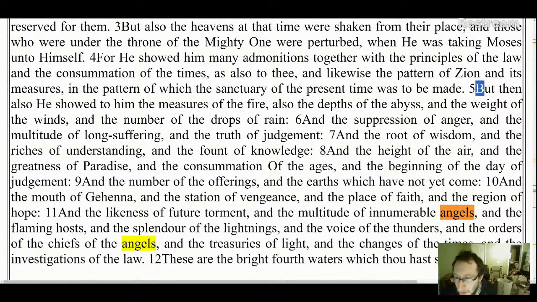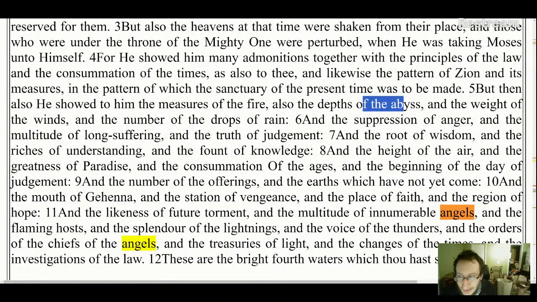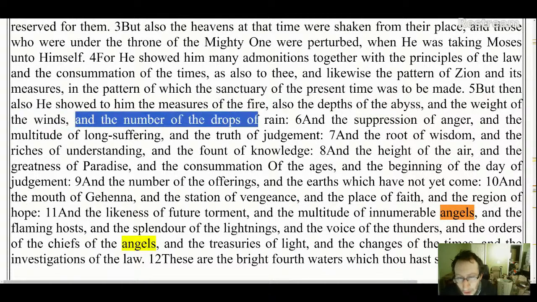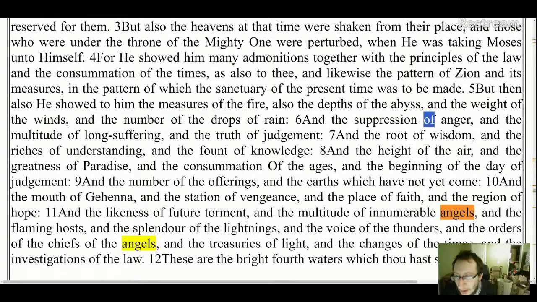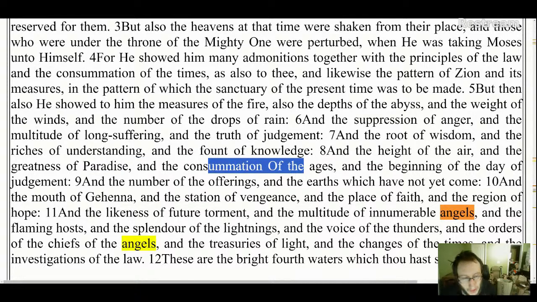But then also he showed to him the measures of the fire, also the depths of the abyss, and the weight of the winds, and the number of the drops of rain, and the suppression of anger, and the multitude of long suffering, and the truth of judgment, and the root of wisdom, and the riches of understanding, and the fount of knowledge, and the height of the air, and the greatness of paradise, the consummation of the ages, and